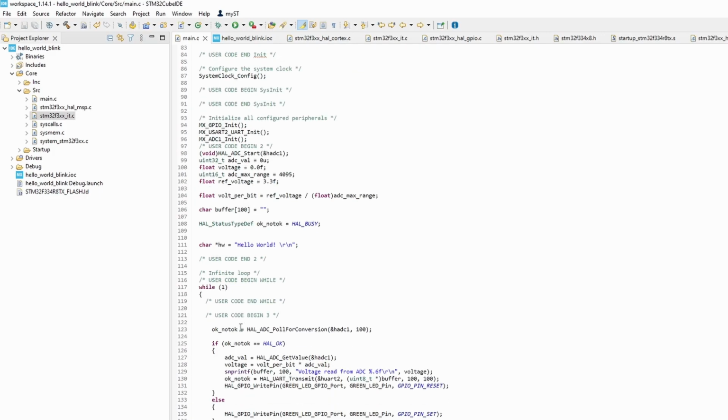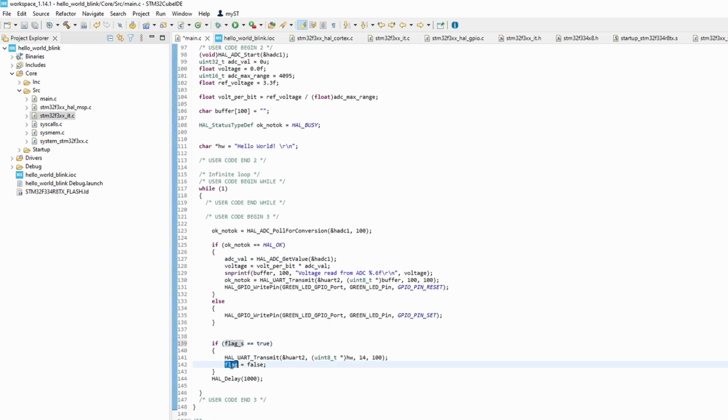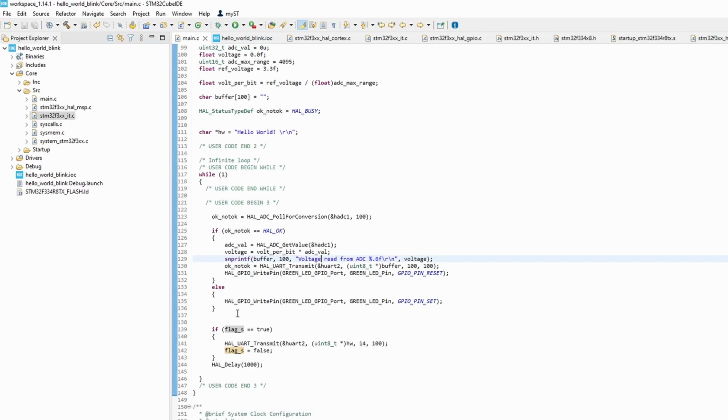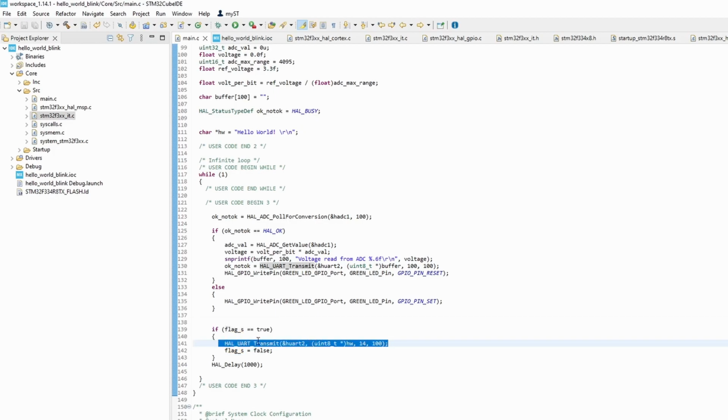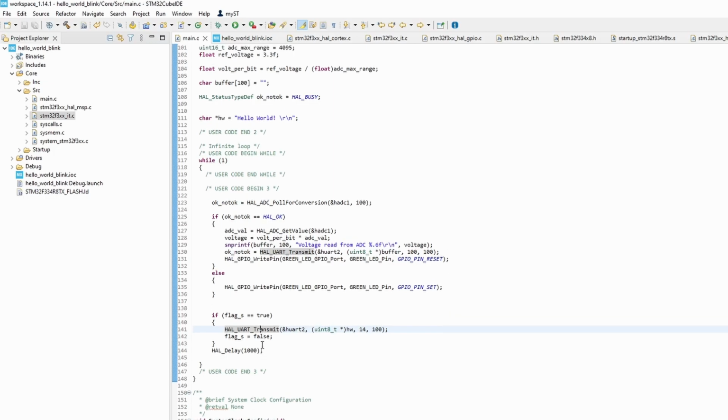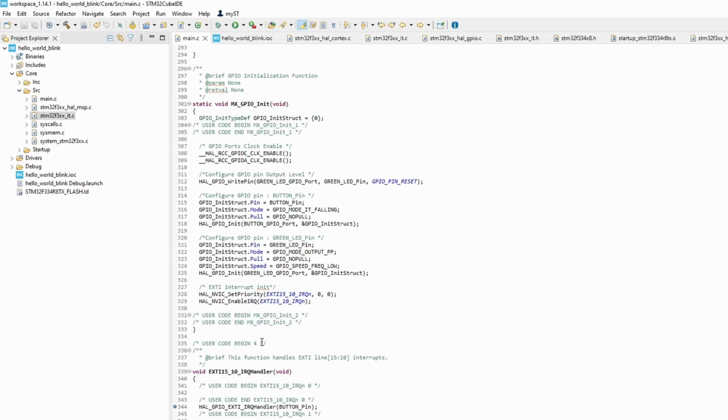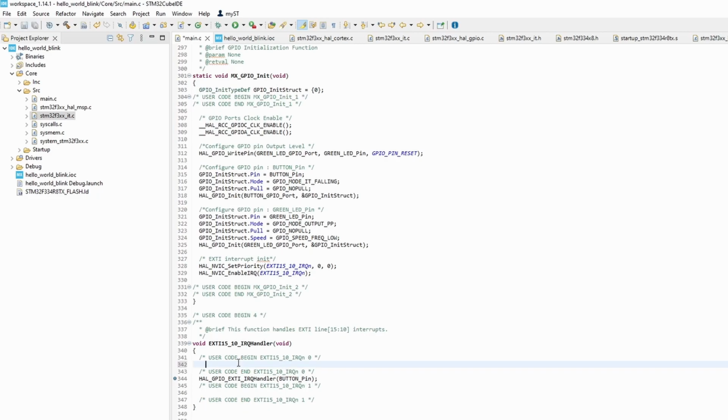And then if we put this flag down in our function, basically what this should do is whenever the button's pressed, it should print hello world. But if it's not pressed, then it should just keep printing our ADC values. So if we press the button, it should print hello world as well as printing our ADC values. But if the button's not pressed, it won't print the hello world. So if we go and set this down here, use your code begin, flag equal to true,